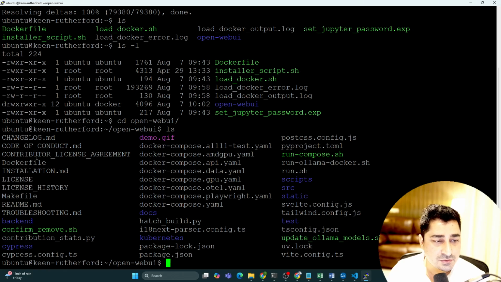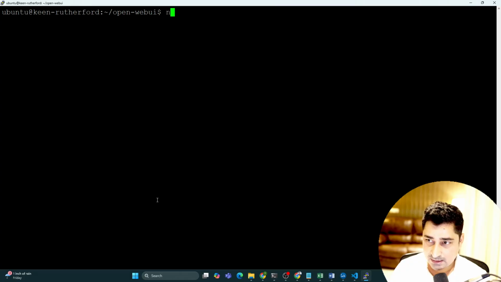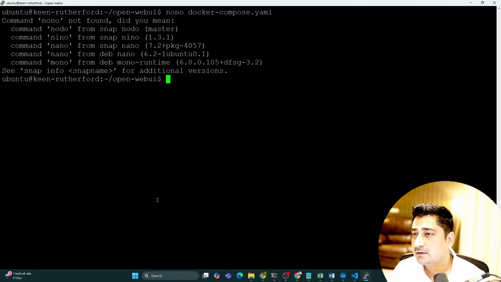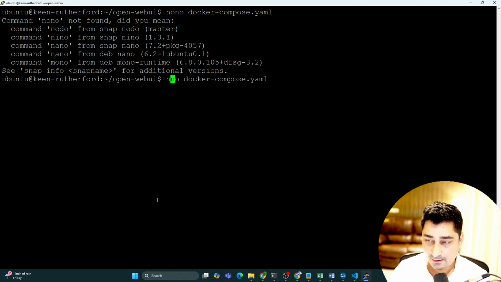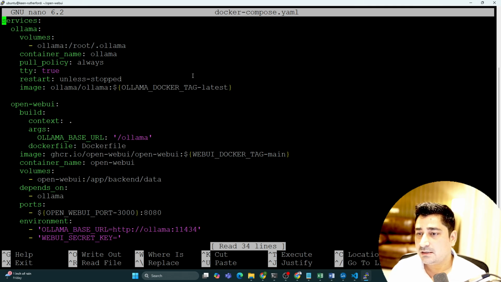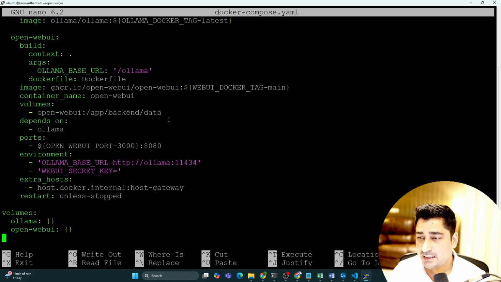Once you are able to see this Docker Compose YAML, let me clear my screen, and here just open it up in the nano editor. So docker-compose.yaml. Just try to open up this Docker Compose YAML, guys, inside nano. So not nono, it's nano. Now this is the content inside this YAML file, which is available by default, and we have to